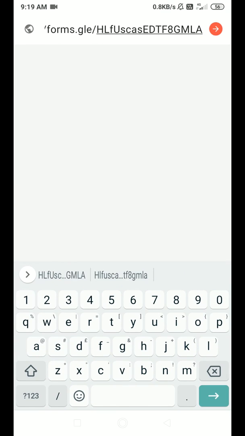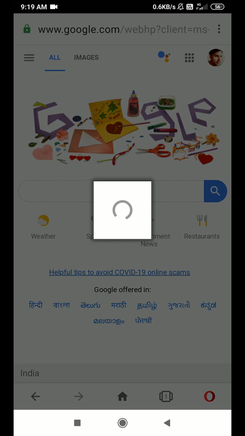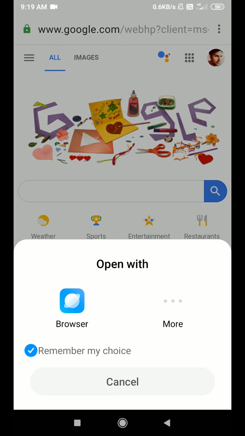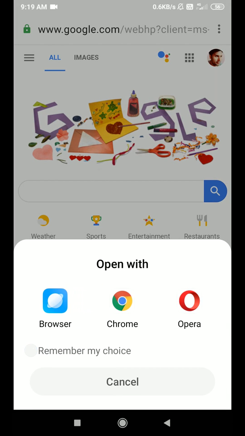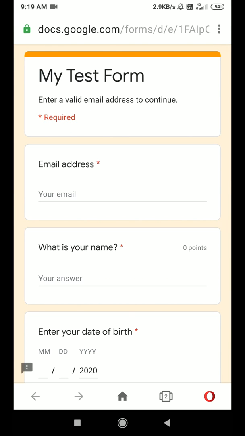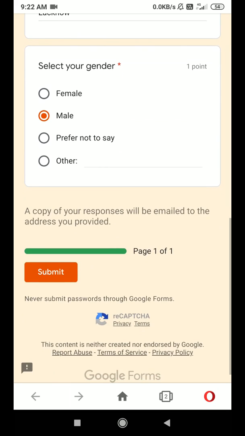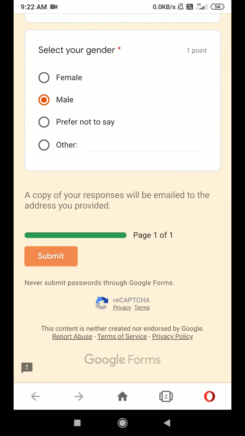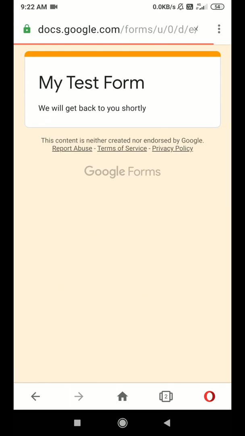The respondent also needs to log in from his email ID and then he will use the shared link to open the form. Of course, he has to open the form in a web browser. So this is how the form appears to him. Now he can answer all the questions. The mandatory questions will show the red asterisk after every question. After completing the form, he can click on Submit. Now if he tries to refresh the form or re-access the form, it will say you have already responded.